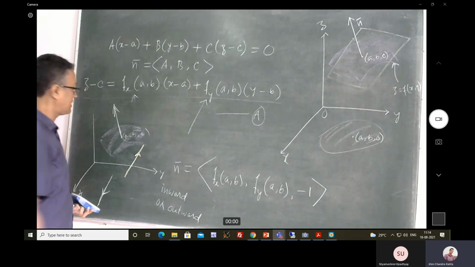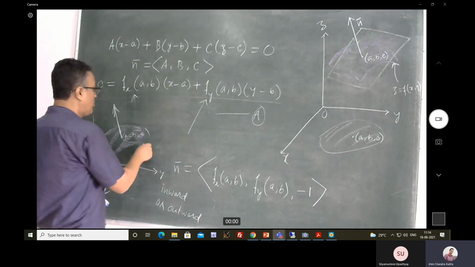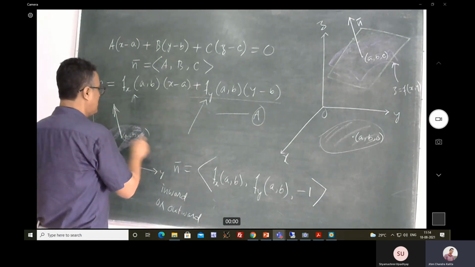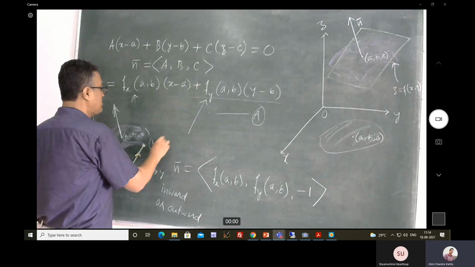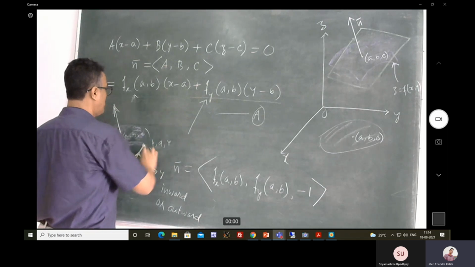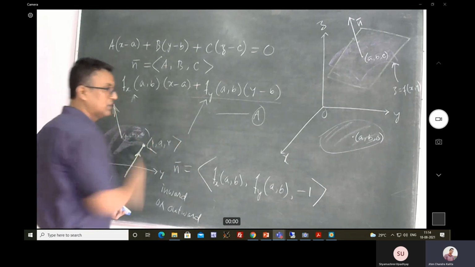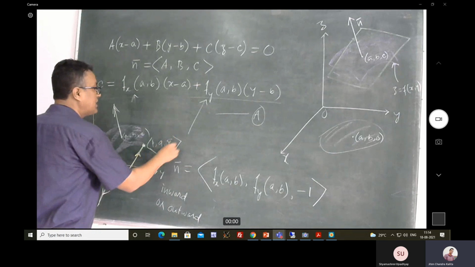It depends on the components of this vector, suppose they are simply p, q, r. Remember, if r is positive,